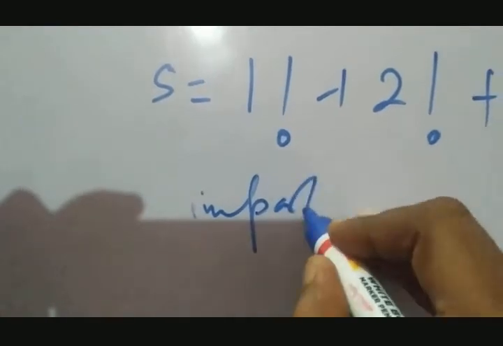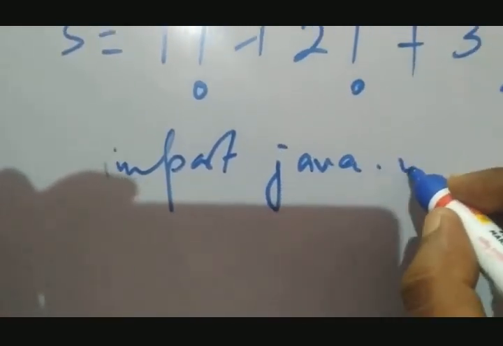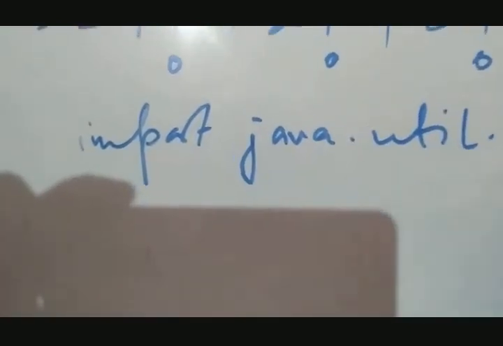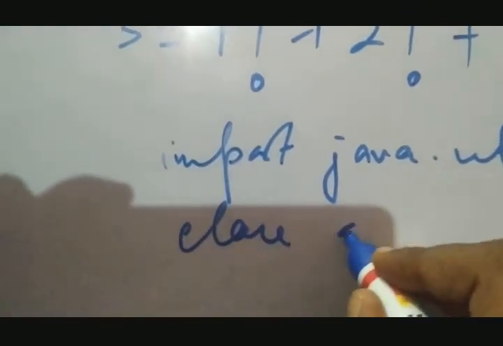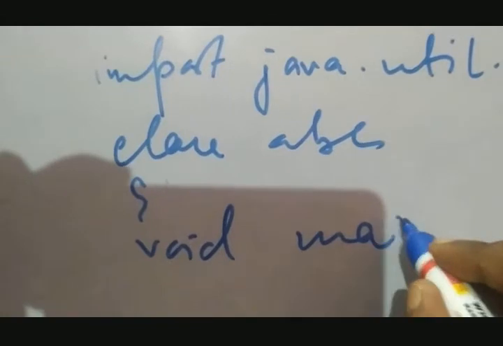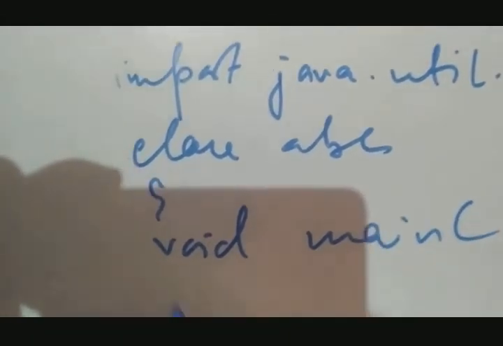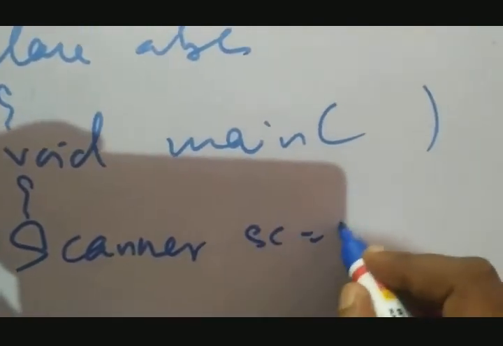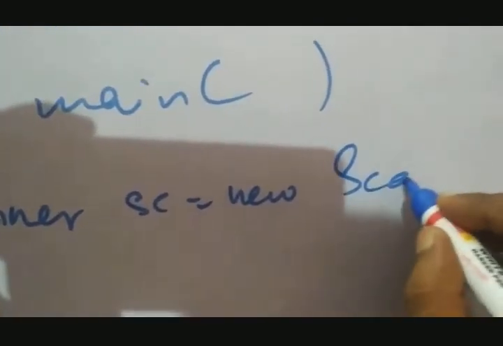Import java.util.Scanner, class abc, void main. Now Scanner sc equals to new Scanner